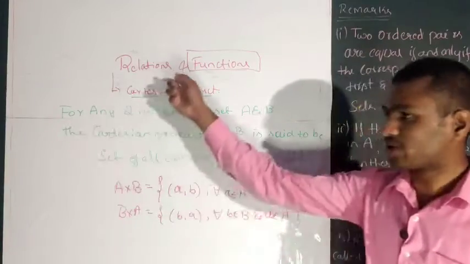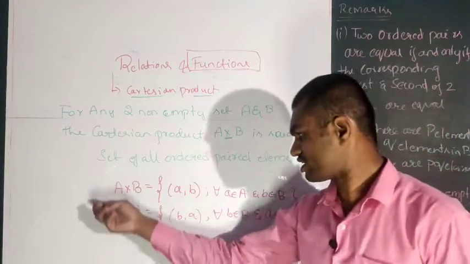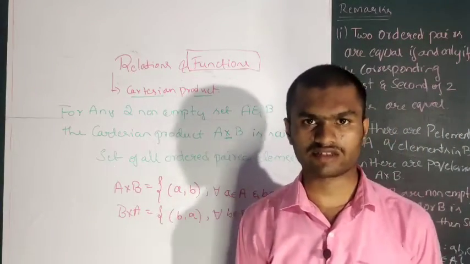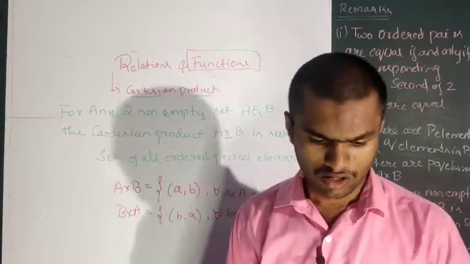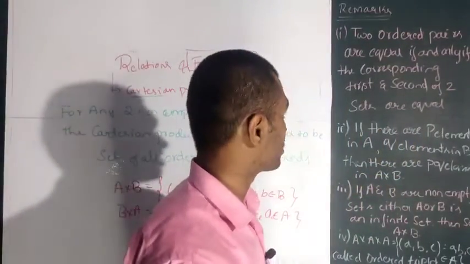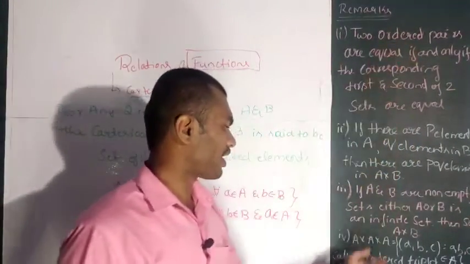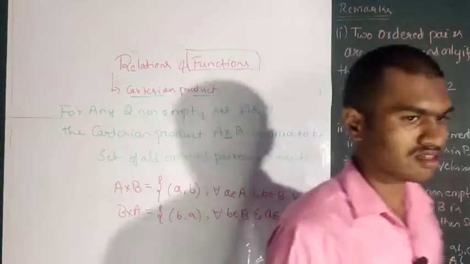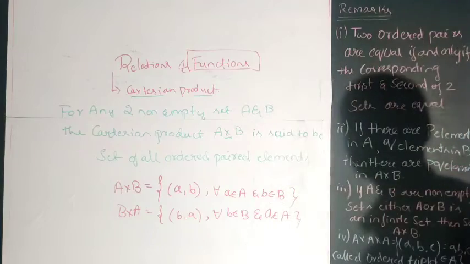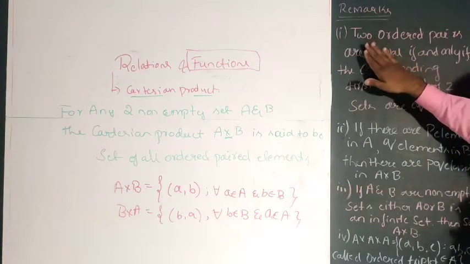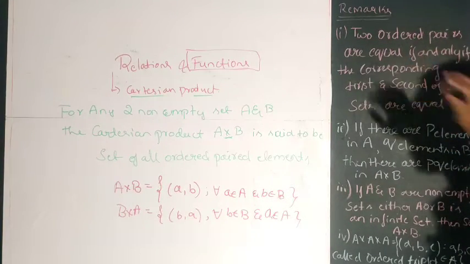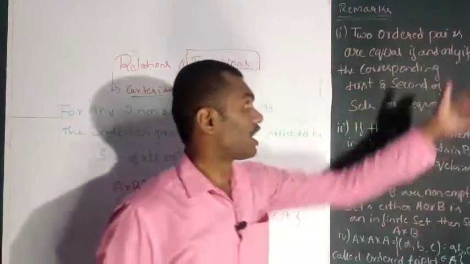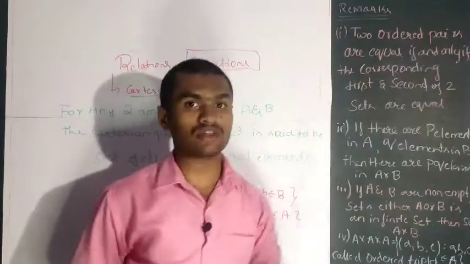We defined the Cartesian product, and we have defined the general form of the Cartesian product, and we have observed some examples of Cartesian product. We have some remarks to study. So we have 4 points here. 4 points say 4 different things. So what are the things they are saying? Let us understand. First, they are saying that 2 ordered pairs are equal if and only if